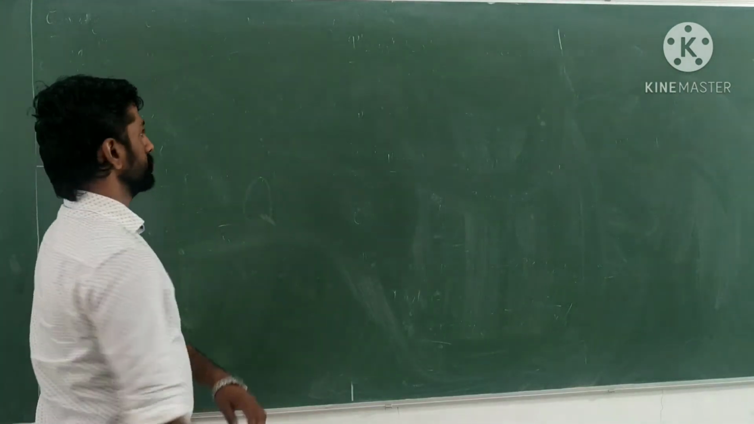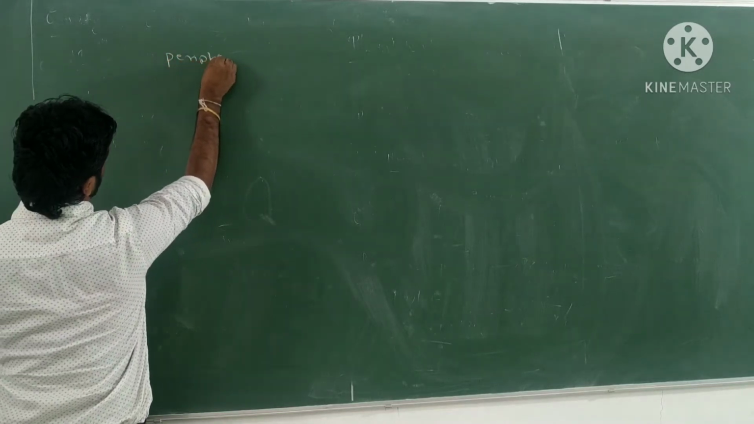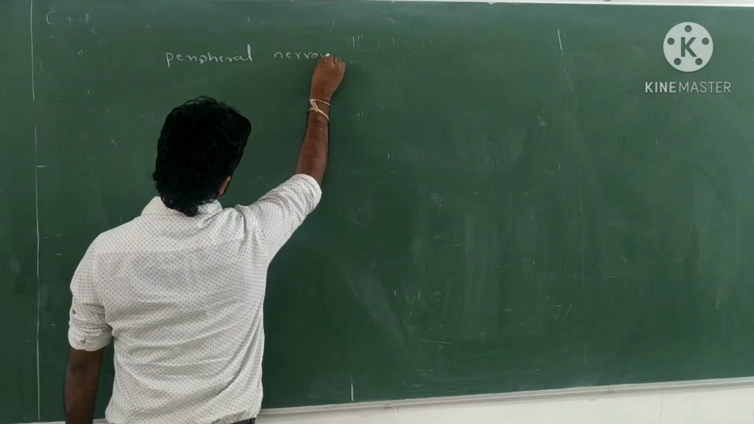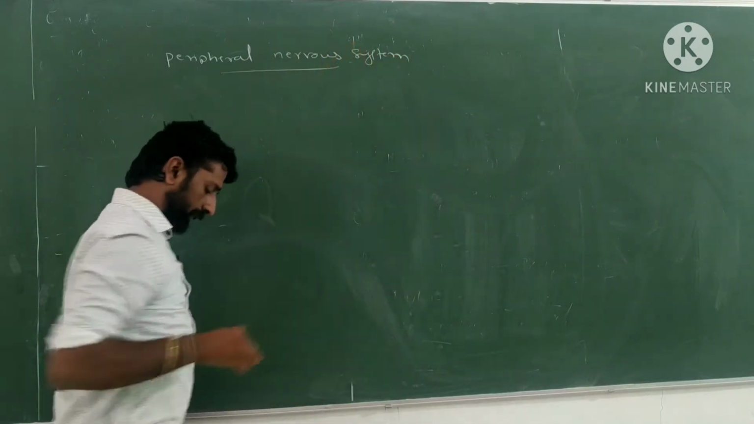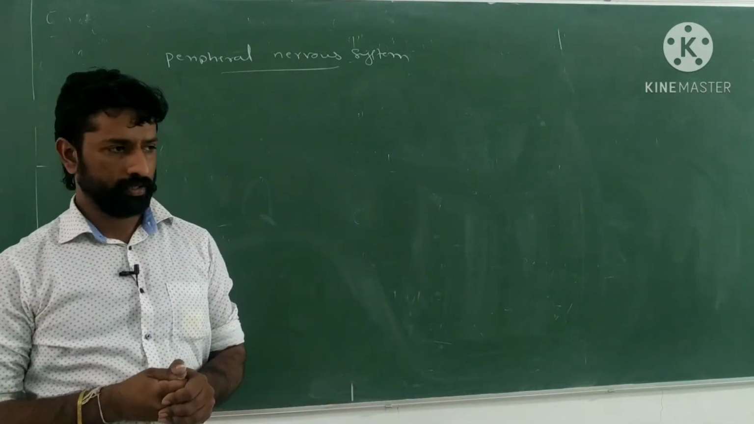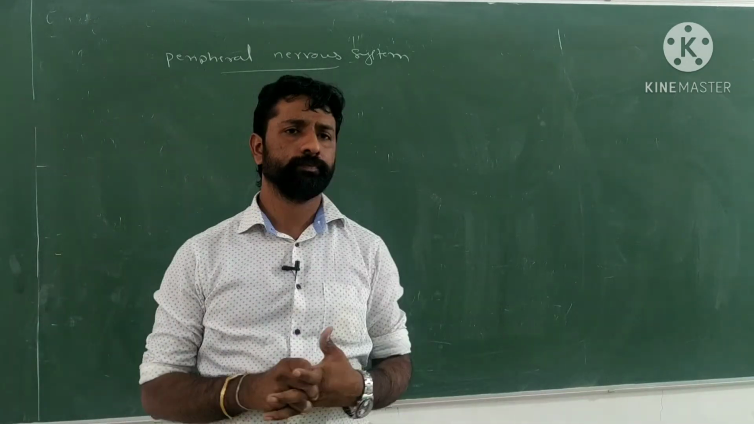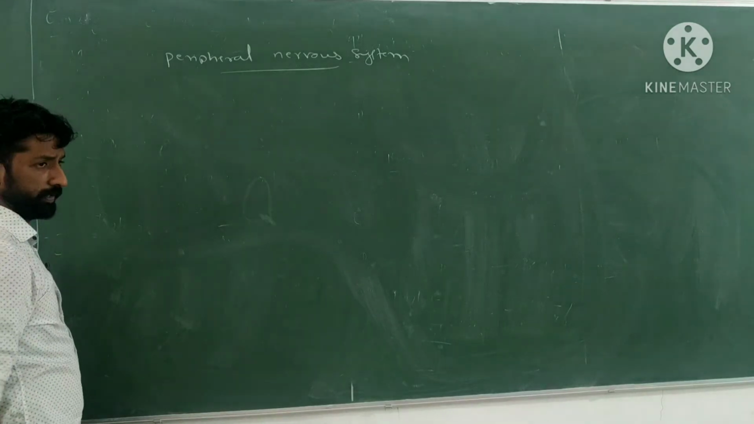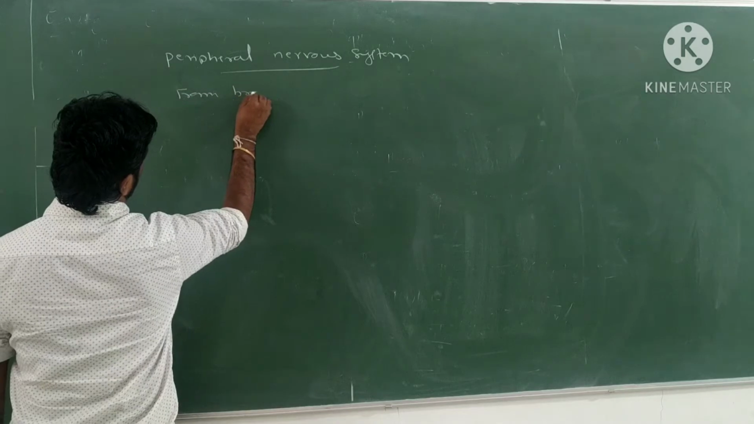So today's topic is regarding the peripheral nervous system. What the peripheral nervous system includes: we know that there is the spinal cord and the brain, the two components of the central nervous system. From the brain,